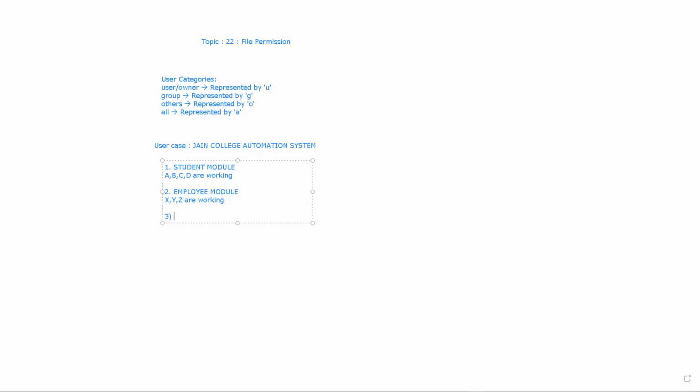And the third is your courses model, where M and N are working. And then the fourth module, let's say the infra module, where G and H are working.